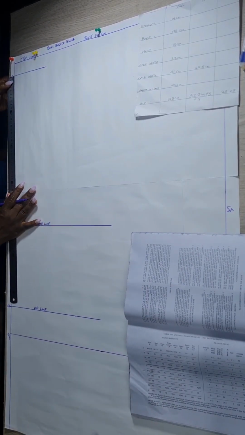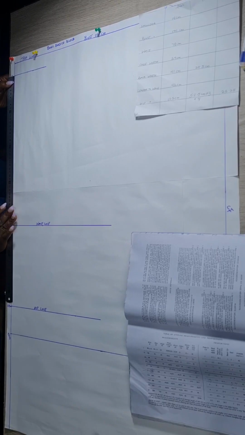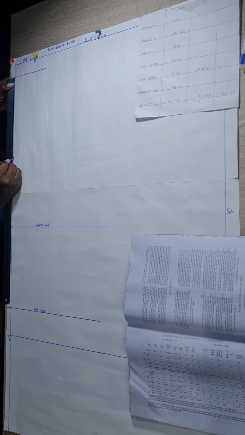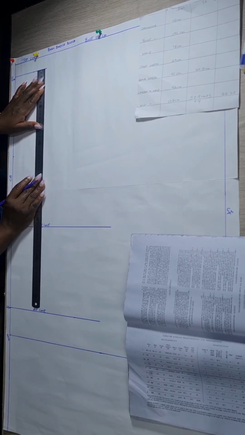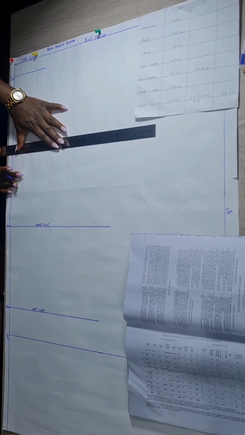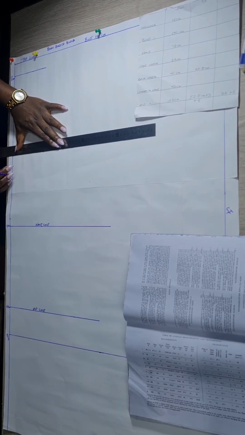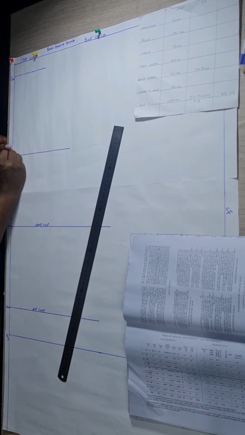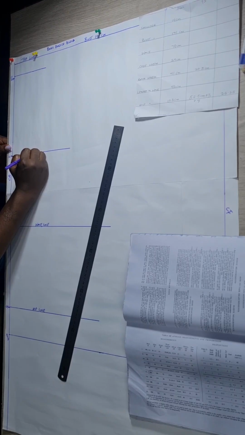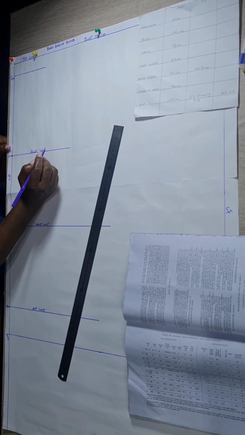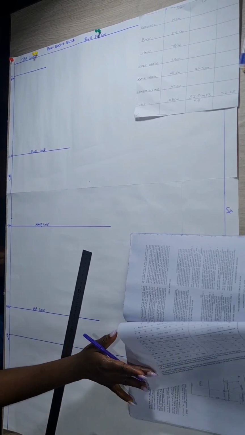So from point O, I'll measure 22.5. This is 22.5, bust line. Okay,